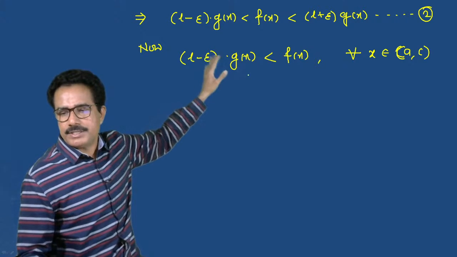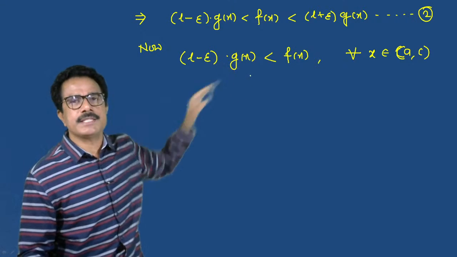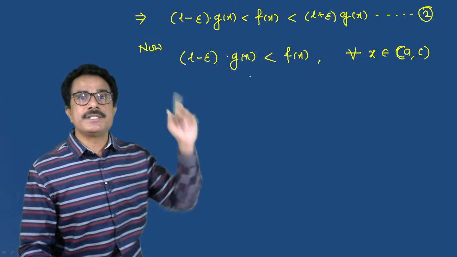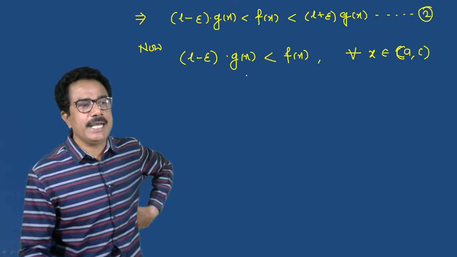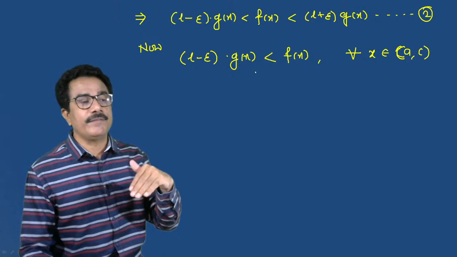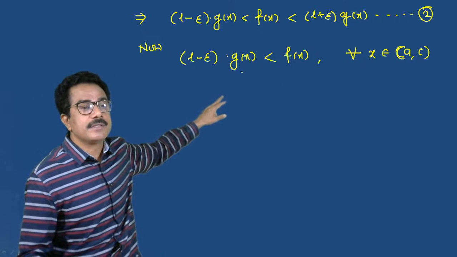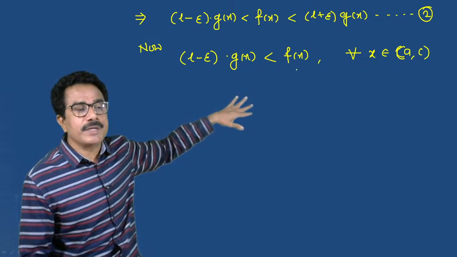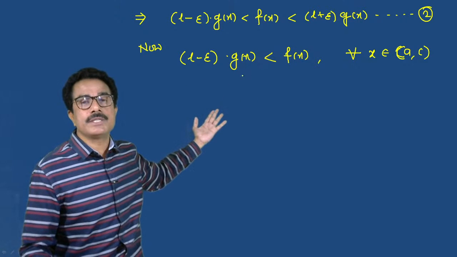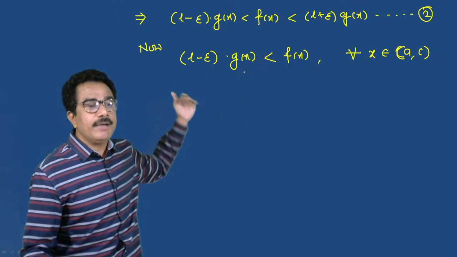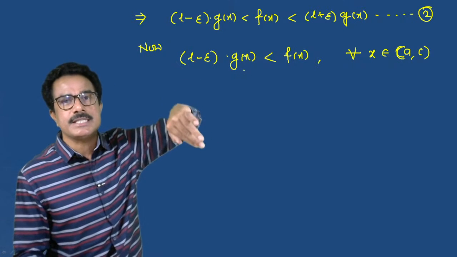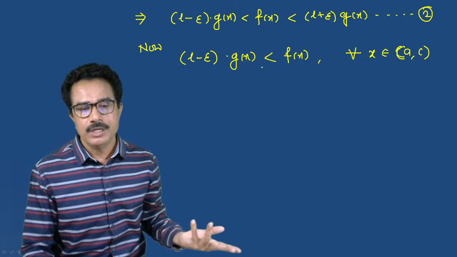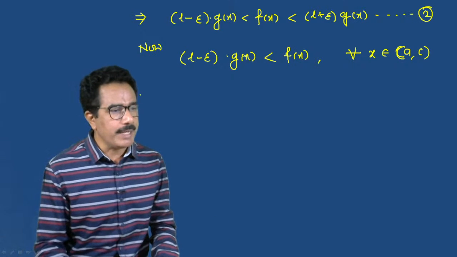This implies that g of x is less than f of x. That means yesterday we have seen the theorem: g of x is less than f of x. If f of x is convergent, then g of x converges. And if g of x is divergent, then the larger function f of x also diverges. This implies that